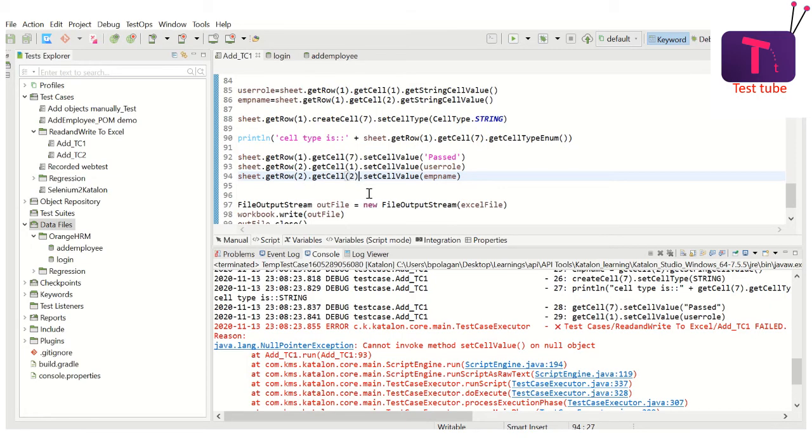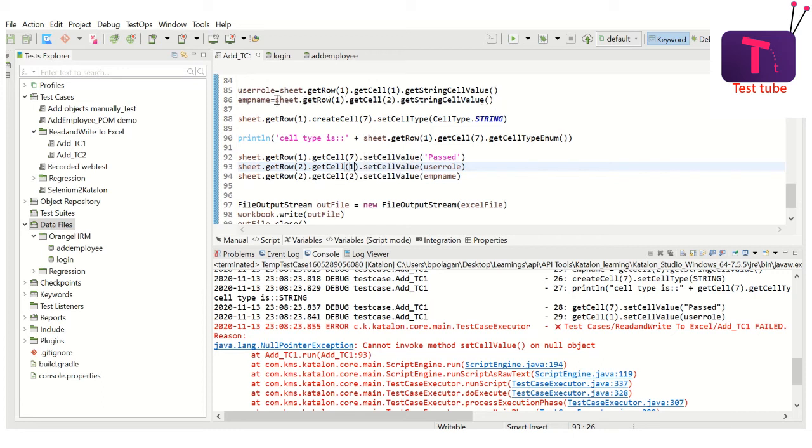What has happened is you have to create that cell first in order to write something into that cell. That's why it has failed. Here I have created cell number 7 before I write into that particular cell. Whereas I haven't created this cell, I have created this cell. That's why these are recognized as null objects, and this operation is not possible on a null object.